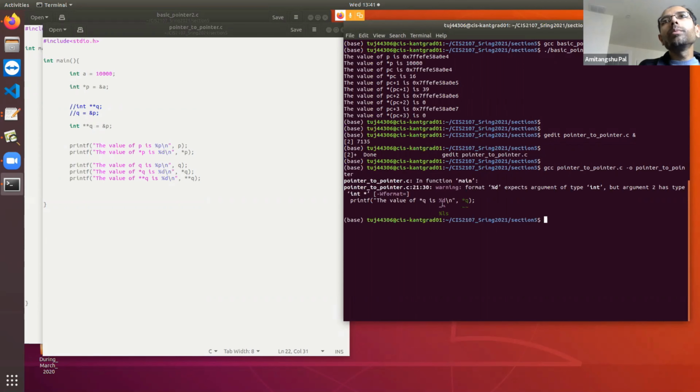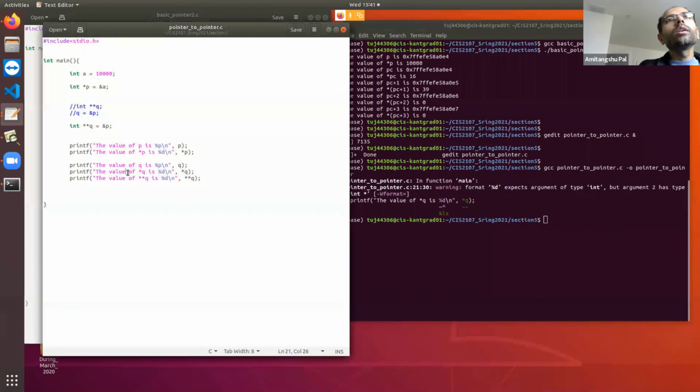Okay, so there is a problem. The problem is coming in this line where I have written %d in place of *q. This is giving a problem because %d expects an integer, but it's an integer pointer.